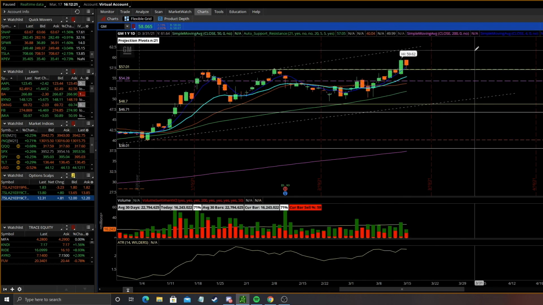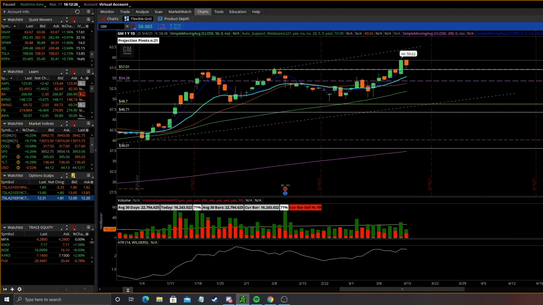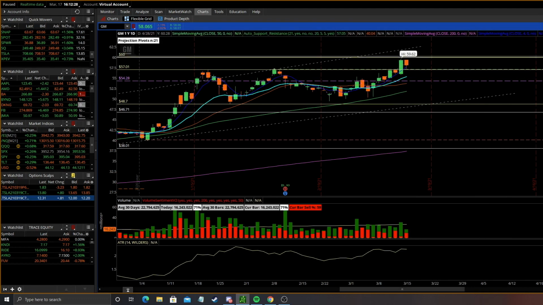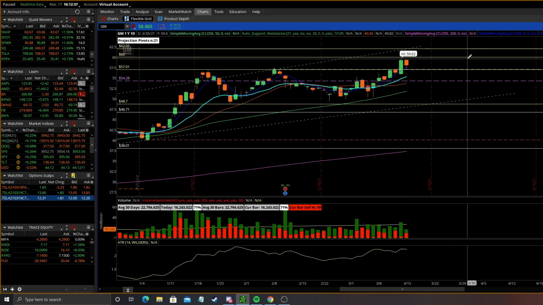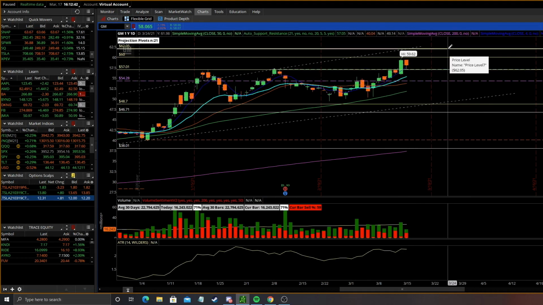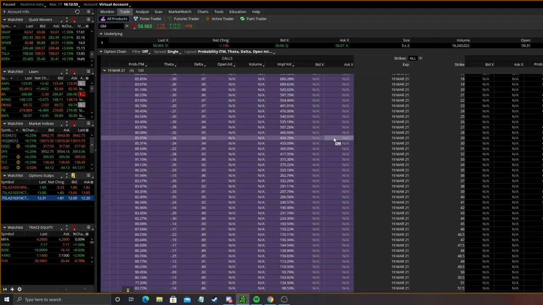And then when we're at all-time highs like this, I usually use every dollar as a level, because whole numbers are pretty strong levels generally. And then you can just play off of these levels, or like I said, if you use the ATR, then you can just take profits when you hit certain percentages on your contracts that will give you the signal to get out. So I usually will, when I get into a trade, say the contract costs